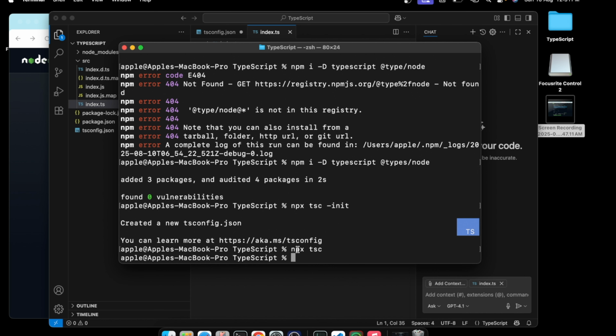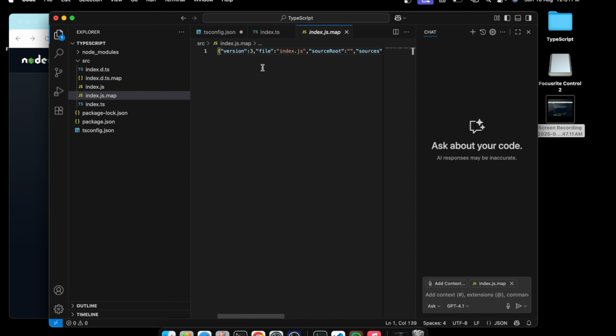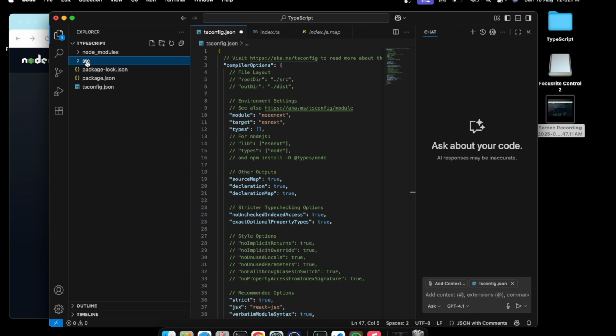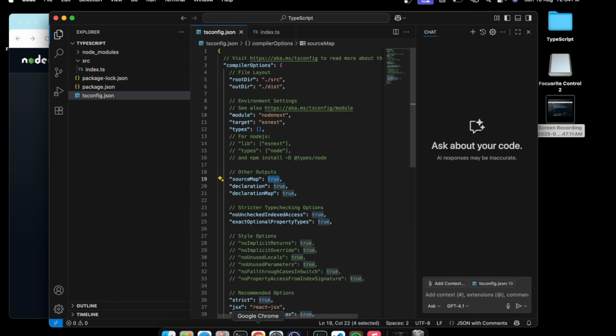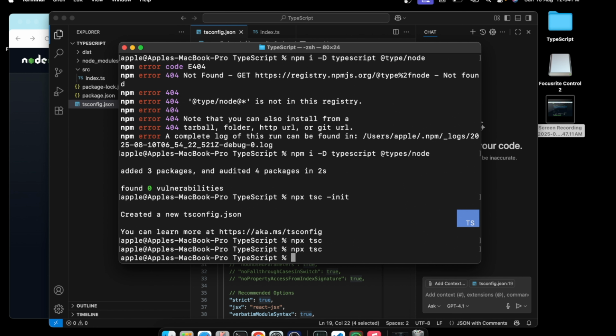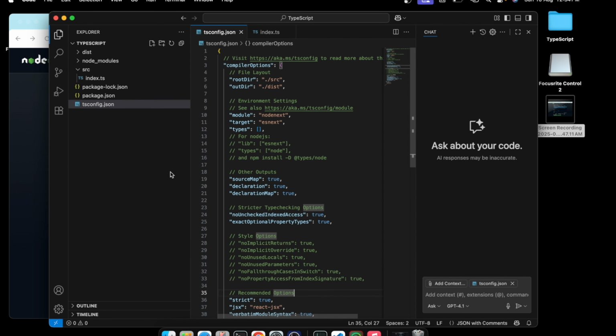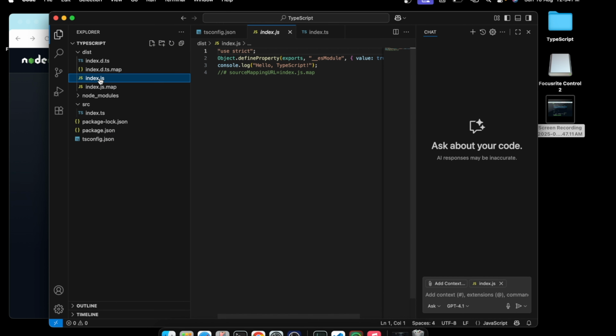If we run npx tsc, and now run this command again, npx tsc. Now this time you can notice that there is a dist directory, and all this source code, source map, and the declaration map, everything is present inside the dist directory.